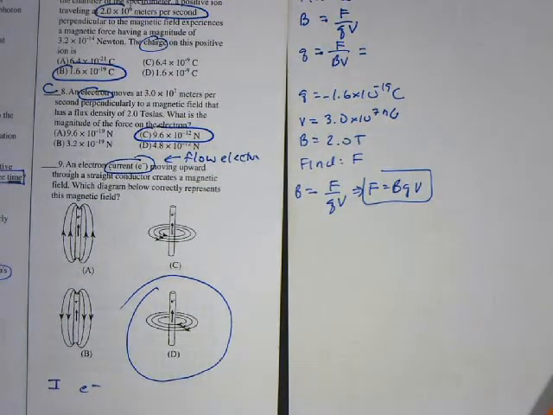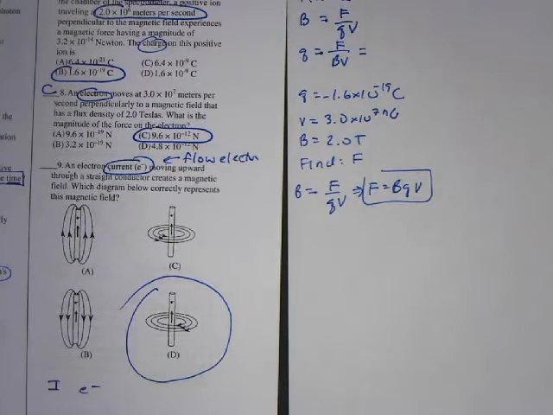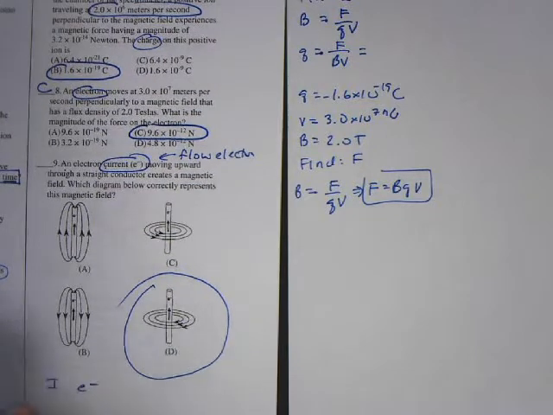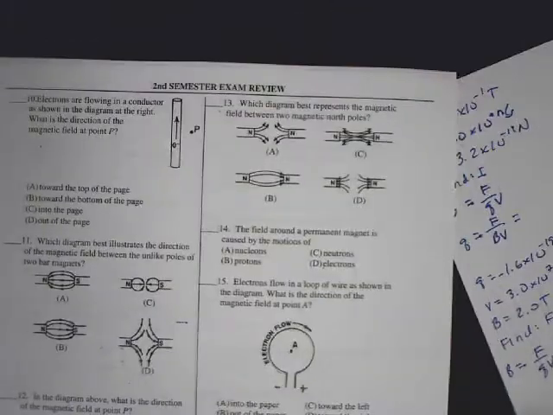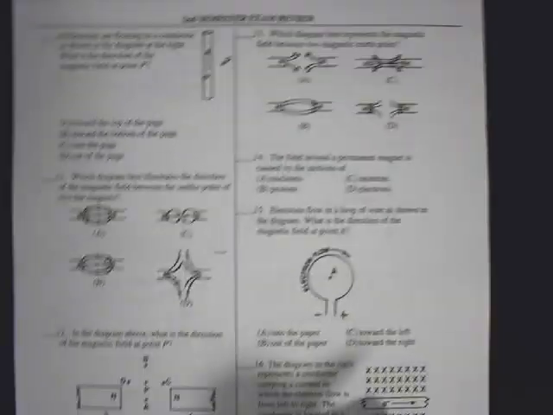If you just say conventional current is going in the opposite direction, then you would use your right hand. So the choice is yours. I just personally prefer to use the left. All right, let's move on to the next field. So all of these have to do with practicing our rules. So number 10,